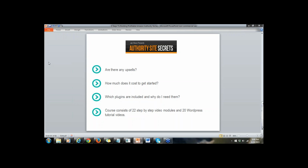How much does it all cost to get started? I've already talked about this as well, right? You can start with just a domain name and a hosting account if you want, or you can outsource everything from the get-go. It might cost you about $1,000 or $2,000, right? If you want to create a nice website, a lot of good content on there, everything outsourced, maybe it'll cost you